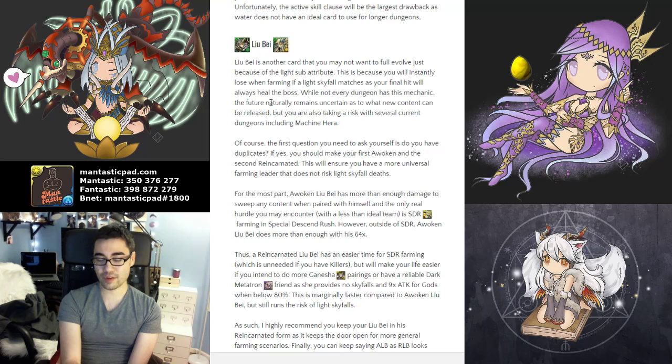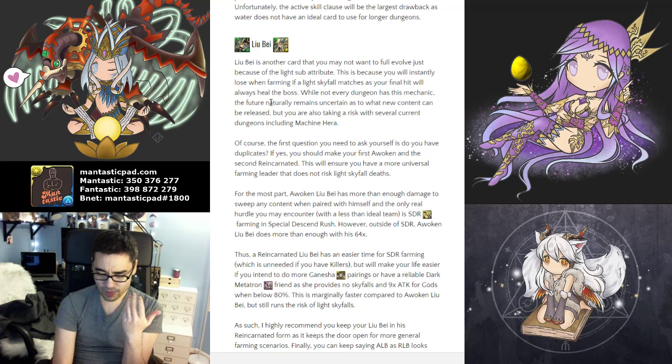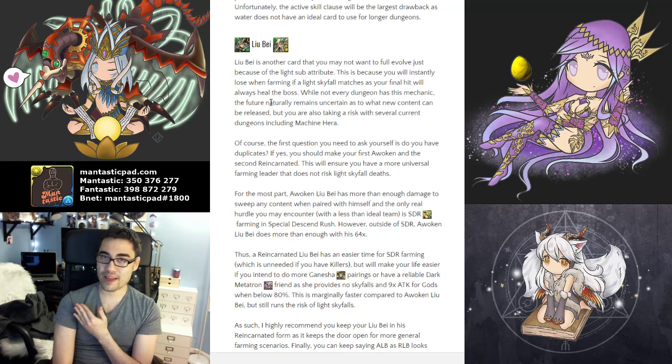Now, of course, the first question you need to ask yourself is, do you have duplicates? If you have duplicates, or you don't have duplicates, the order of priority should be Awoken, which is green first, and then if you have extras, make Reincarnated of Wood Light next, because you have much more universal accessibility with the Liu Bei in his Awoken form. Now, it is 64 times attack, and that tends to kill everything for the most part, and the only dungeon